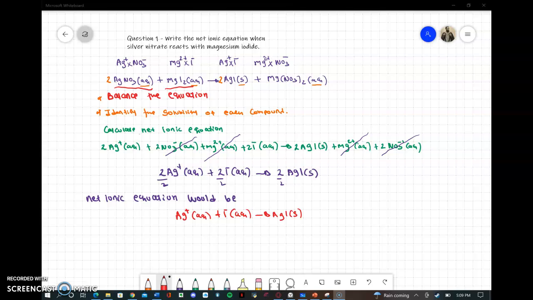Question 1. Write the net ionic equation when silver nitrate reacts with magnesium iodide. First, we have to write our elements and their ions to predict our reactants and products. So we have silver with a +1 ion and nitrate with -1. So when we cross multiply this, we will get